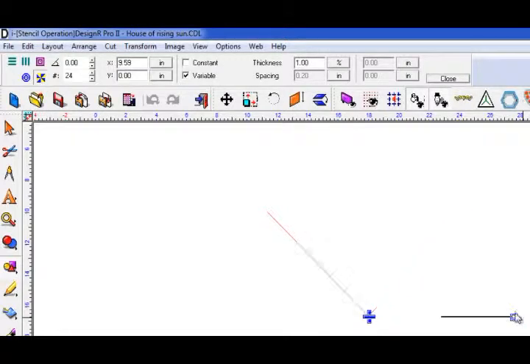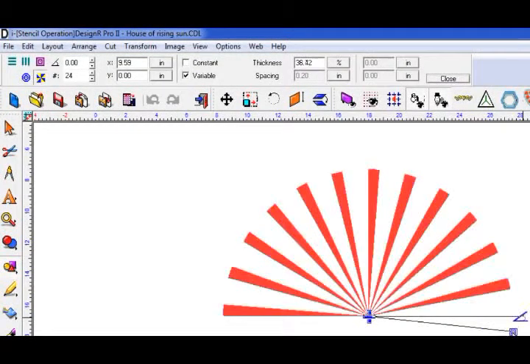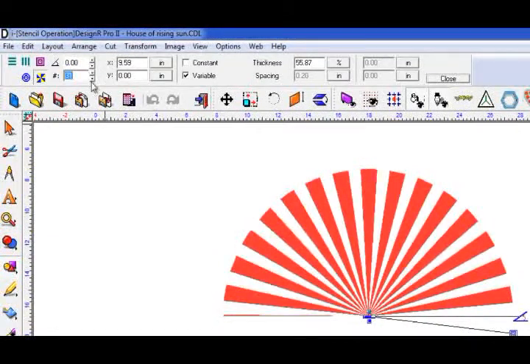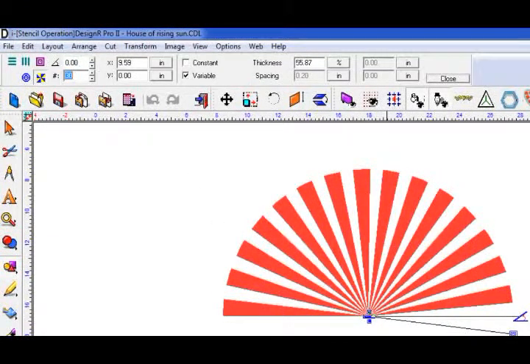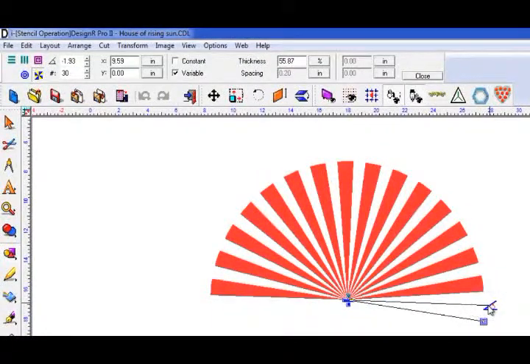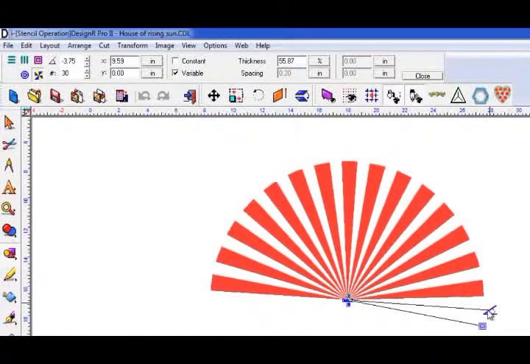We can start adjusting the stencil. First, we want to thicken the rays. Let's also increase the number of rays to 30 for a better effect. As you can see, the rays are a little off kilter. To remedy this, we can take this grab handle here and rotate the whole thing, so that it's perfectly horizontal